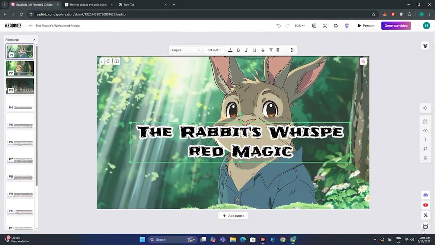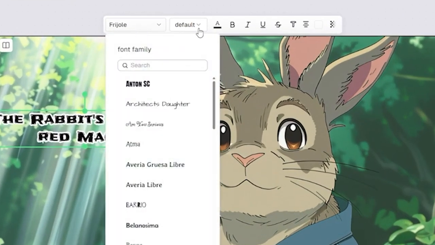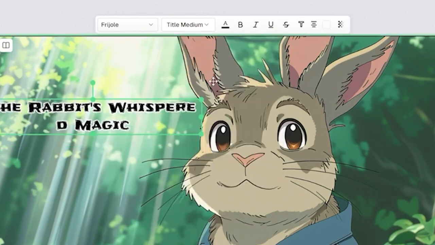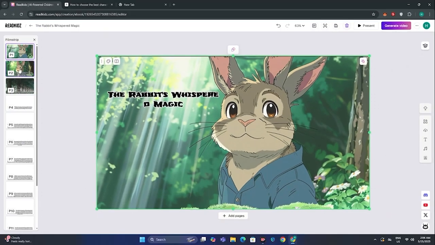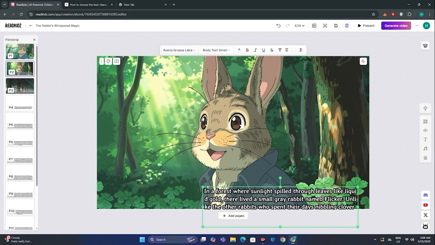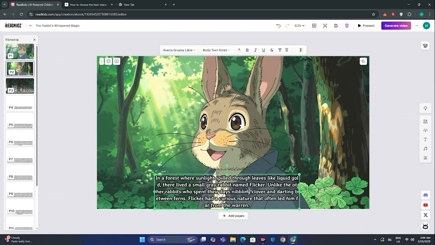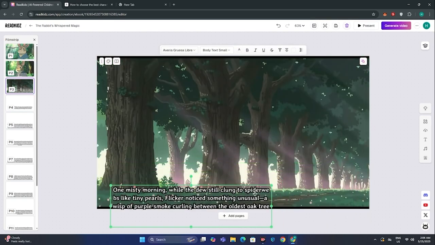And now you can see we have the title in the opening pages. So you can also adjust the size of these titles, and you can also drag and drop wherever you want to. You can change the font style, you can change the font size, and you can also make other changes like you can make it bold, you can make it in italic, and you can also change the color of the background. And as you can see, we have the text in all of these images. So simply adjust the text accordingly that you want on your images. So I'm gonna do this to all of these images.